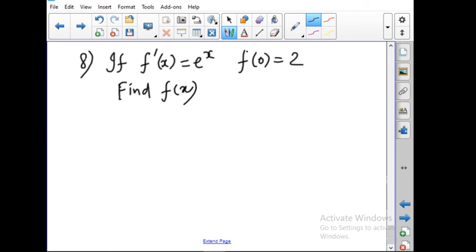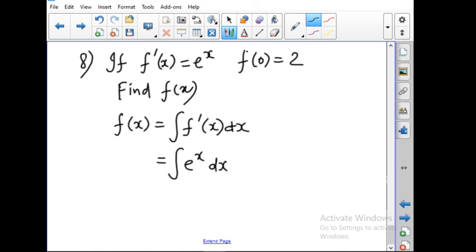Okay. So how to find f(x)? f(x) is nothing but the integration of f'(x) dx plus c. Okay. Now what is the integral of f'(x)? e^x dx. So it is nothing but f(x) is equal to e^x + c,